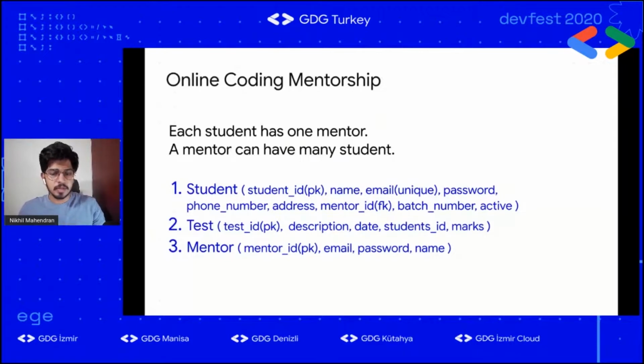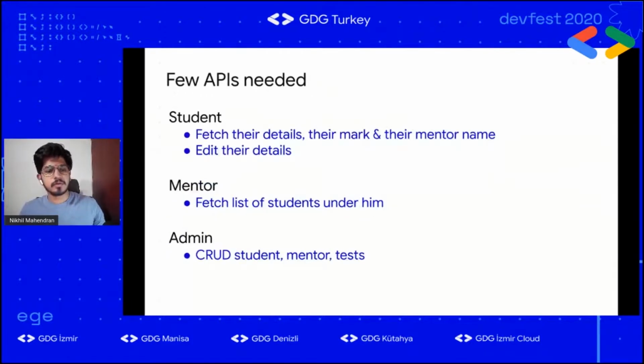Then we have the test table. It has test ID, description of the test, date at which the test was conducted, student who wrote the test, then marks scored. And finally, we have the mentor table, which has mentor ID, email, password, and name. So with this example, we move forward. Around this example, we can have a few APIs as I listed here.